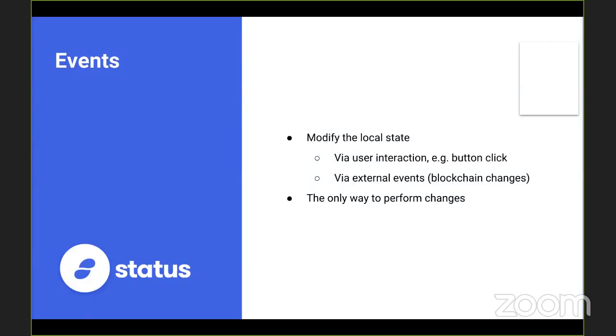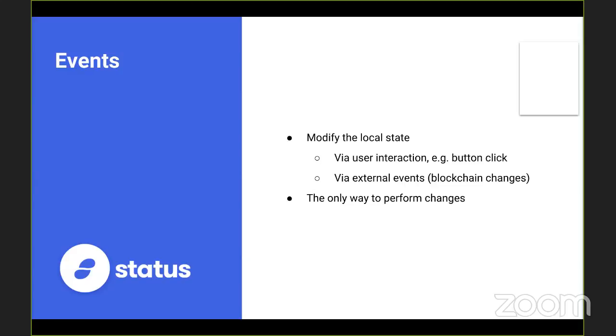And finally, how can the user interact and make modifications to your extension? This is done through the concept of events, and events are the only way to modify the local state. There are two ways to do that. Either through a user interaction, like clicking on a button, which can trigger an event.